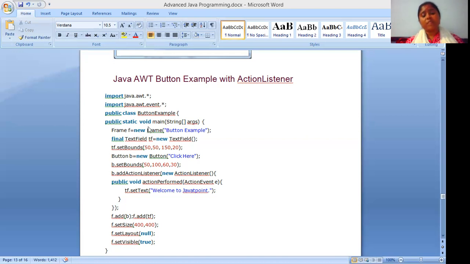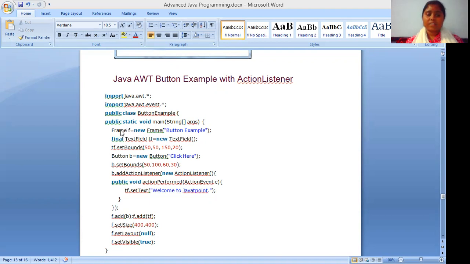Now we are creating a main method. This is a very essential method, which is a must in every Java program. I already discussed this main method in our earlier classes, how to create it. So we are writing the main method: public static void main, opening parenthesis pair. Because this is a method, we are passing arguments, a string type argument args. This is the syntax of the main method. Now we are starting its body, opening braces.